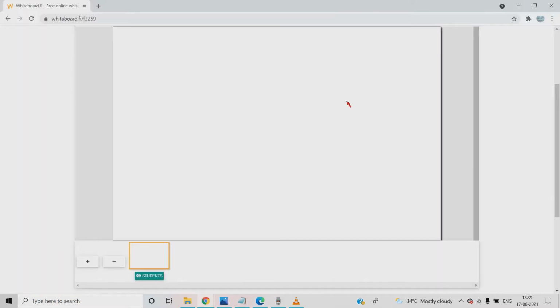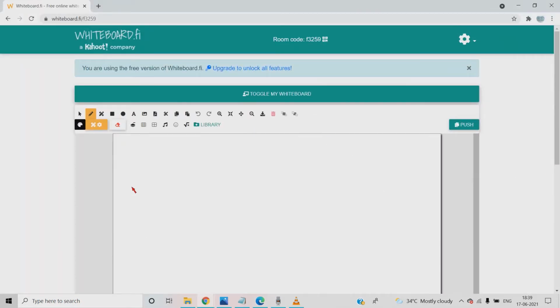This is how the teacher's board will look. Now the teacher can insert a shape, a square or circle, whatever they want. Here you can see two shapes. Then this is the mouse cursor. If you want to select an image that you have entered, you can move it here and there and resize it. For that it will be useful. This is the color option. This is the pencil option. This is also crayon lines and all. You can use this scale and pencil.